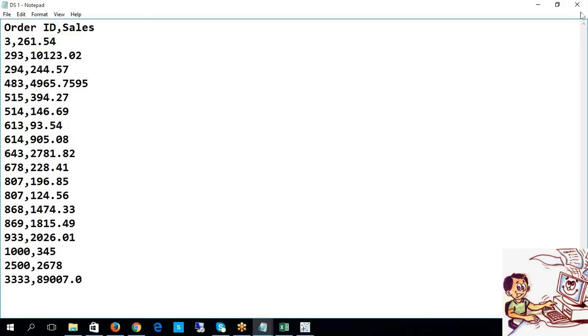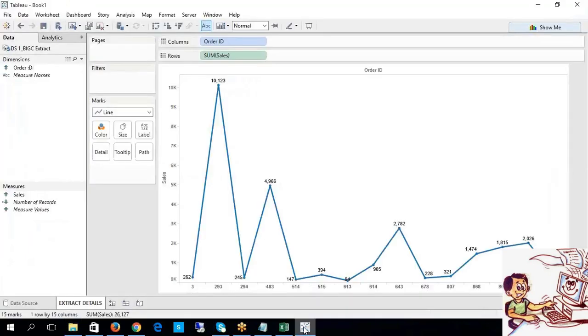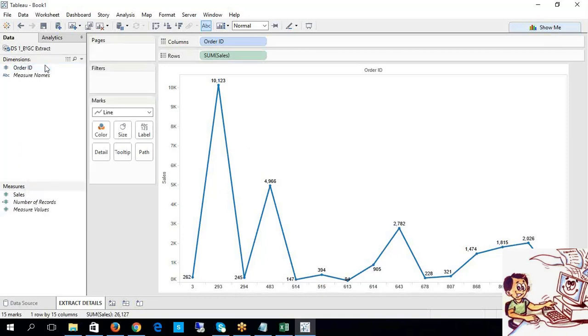Now, if that is the case, how are those values going to be reflected in your dashboard? How is that possible? See, look at this, guys. If I refresh in this way, the source level changes done at your source file, not your TDE file, are they going to be reflected here? No, not reflected.